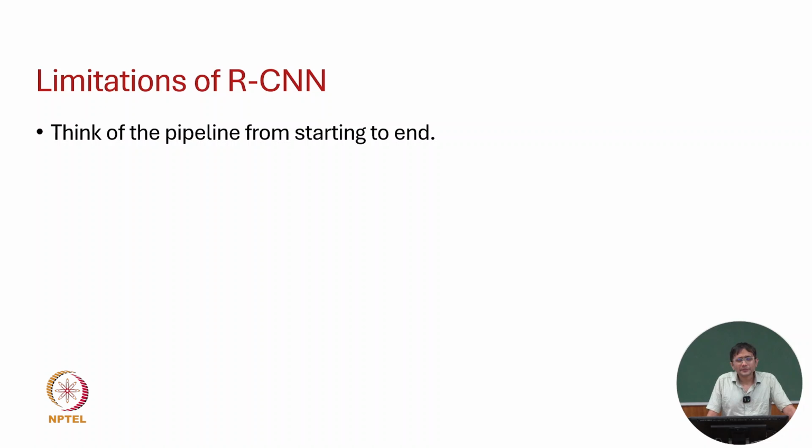We have selective search or some such method which generates the region proposals. We said that it might be as many as 2000 in number, so you can decide in your particular implementation of RCNN. And then each of these has to be resized to a fixed size and processed using a CNN